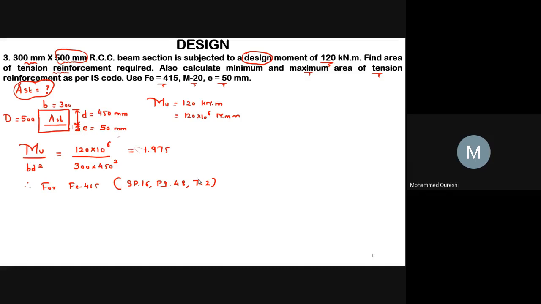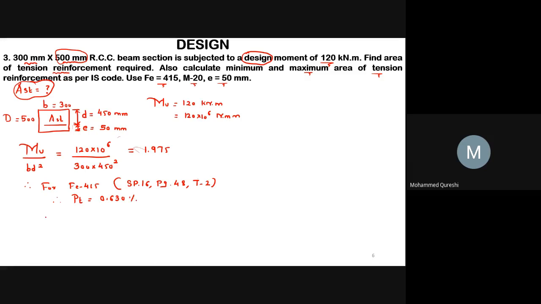You have three options for finding the value of Pt. So for Fe 415, we are using SP16 page 48 table 2. So you will get the value of Pt as